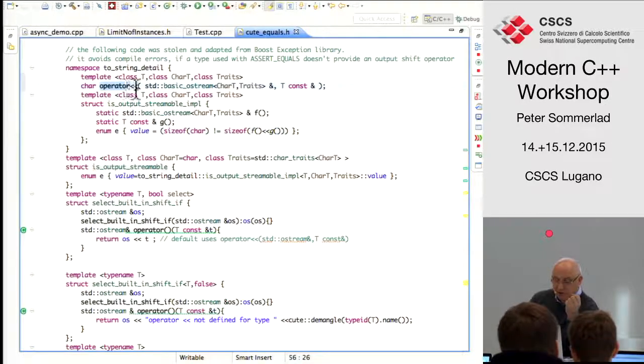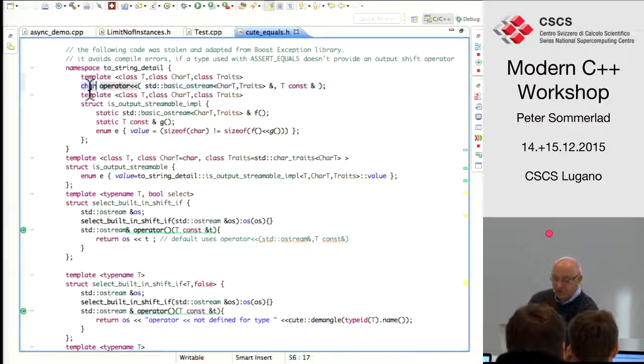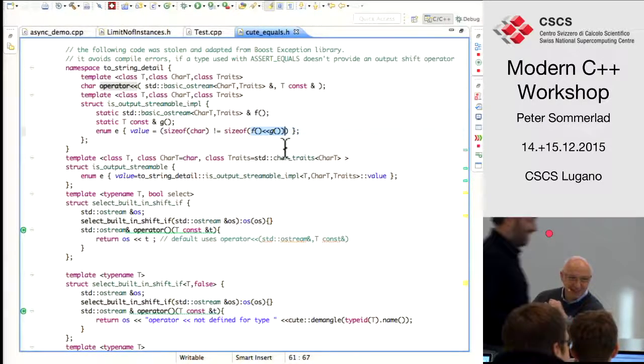I have a specific version that pretends to return a character. It will never be called because it's just used in this sizeof version, but it does the overload resolution for that shift operator, where I have a generic one that works every time. If the stream-available version matches, it provides us with a different sizeof. That's tricky magic, and you should copy, paste and adapt it, and not invent that yourself.